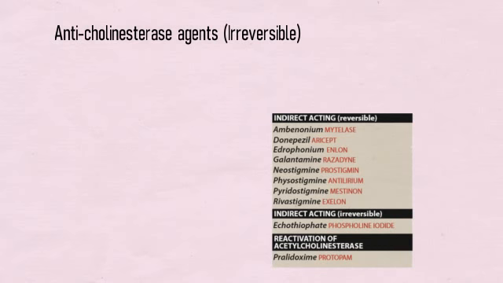Now we are going to discuss the anticholinesterase agents that irreversibly bind with the acetylcholine esterase. This group is related to compounds that are used as insecticides, and they have no role in treatment or as therapeutic agents. They are synthetic organophosphate compounds, and they covalently bind with the acetylcholine esterase. That means they irreversibly bind with that enzyme until new enzyme is synthesized. So that's why this group is not used for therapeutic purposes.